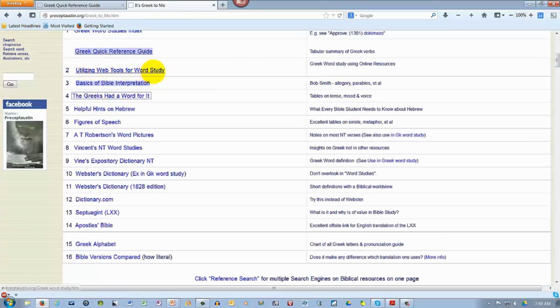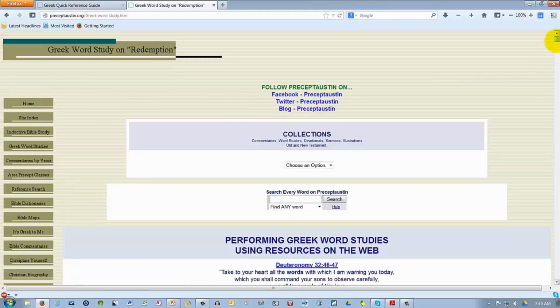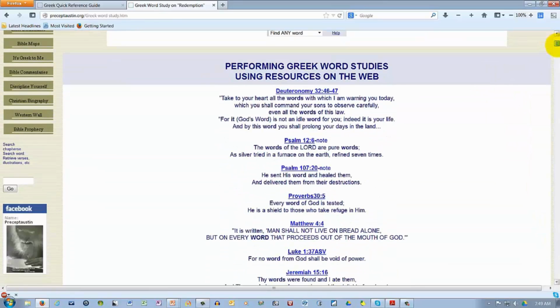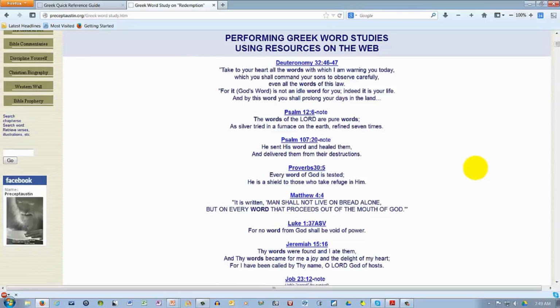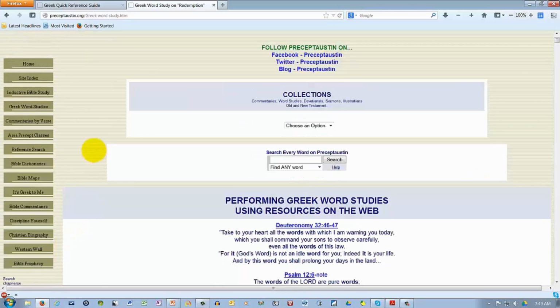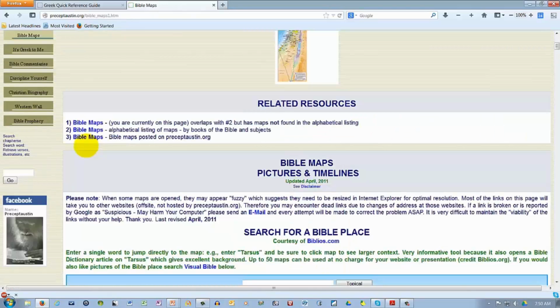And utilizing web tools for word study is exactly what this course is about. This will give you access here to performing Greek word studies using resources on the web. And there are other things on this website that are worthy of note, such as the Bible maps. What I would say about the maps here is that he has